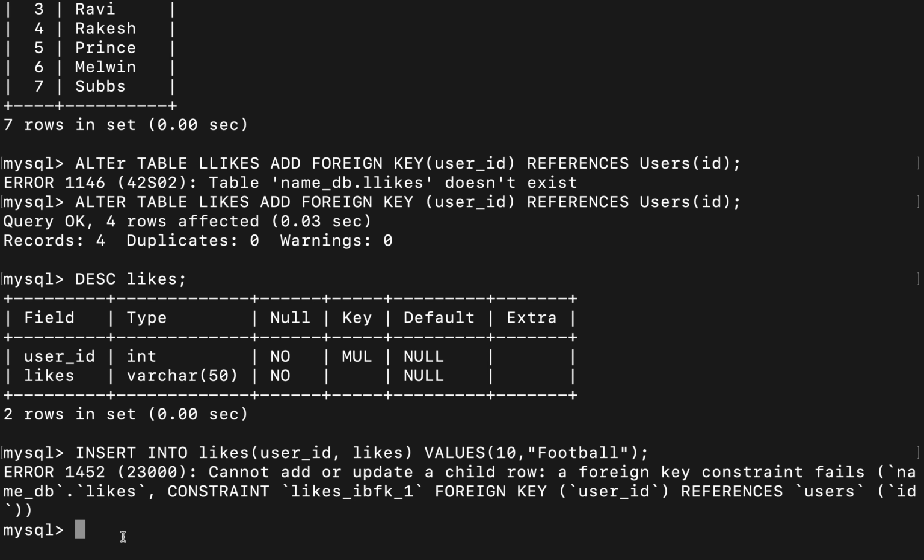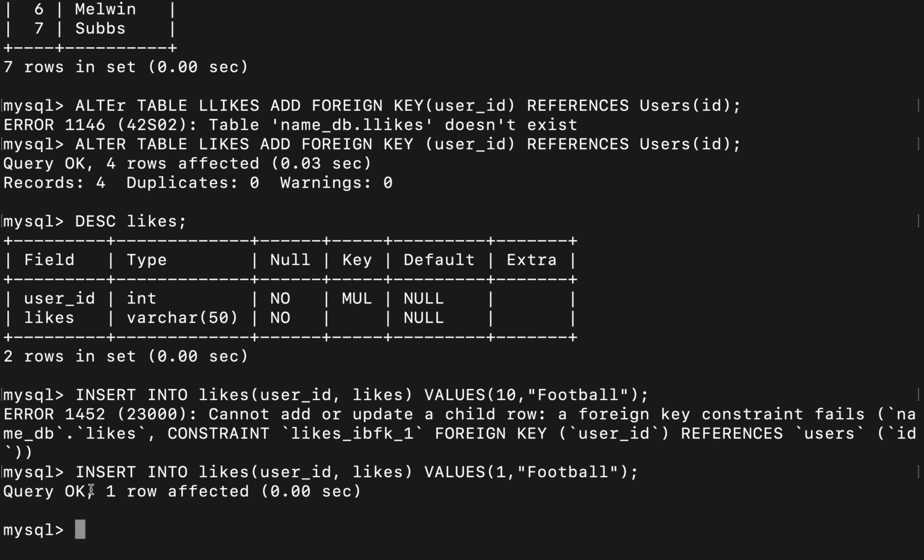However, if you use the same query to insert, let's say, 1 football, right? It won't be an issue. So this is what the meaning of foreign key is all about. Basically it will prevent actions that will destroy the relation between two tables, right?